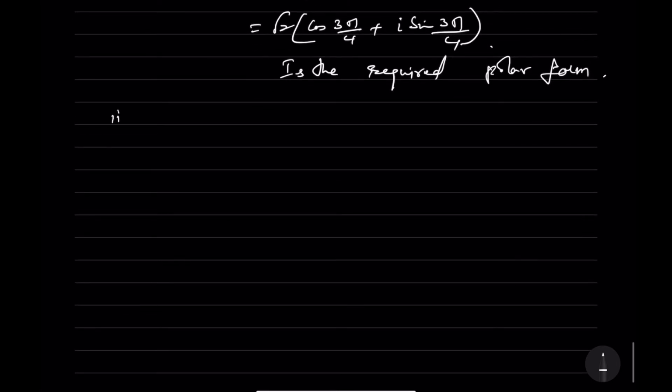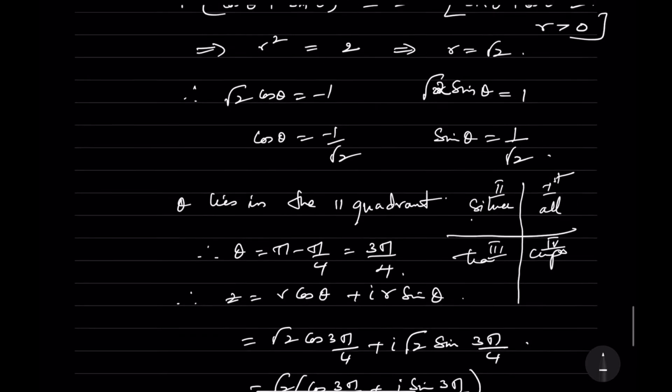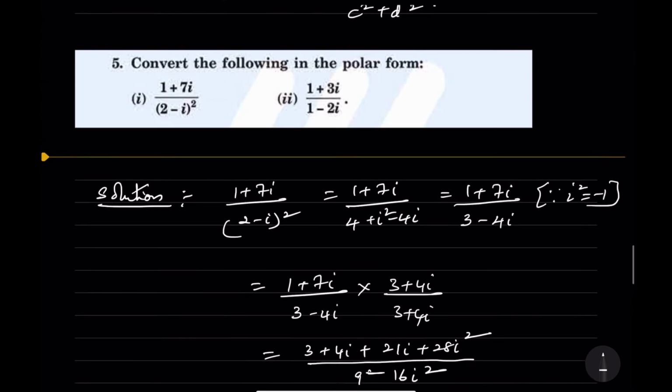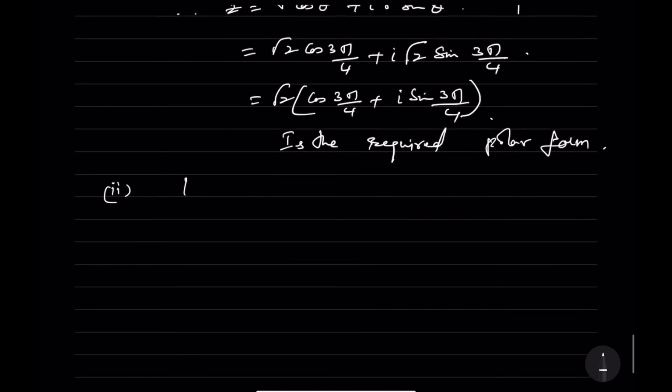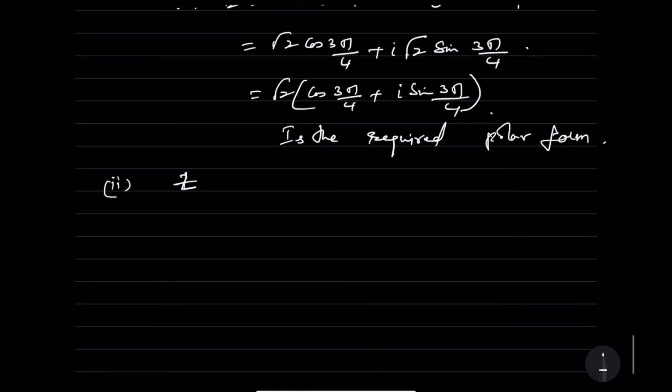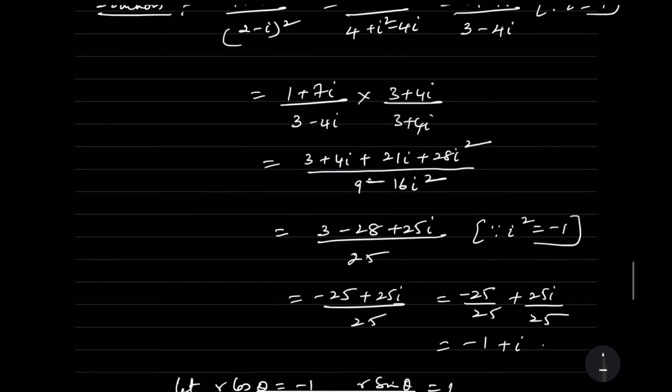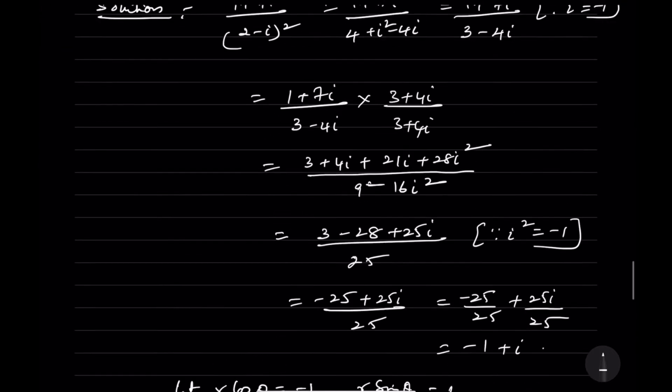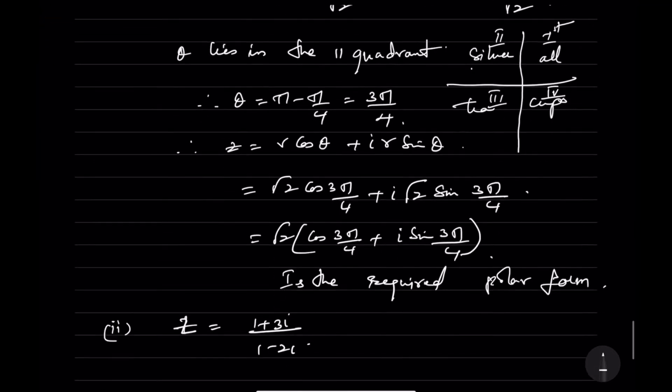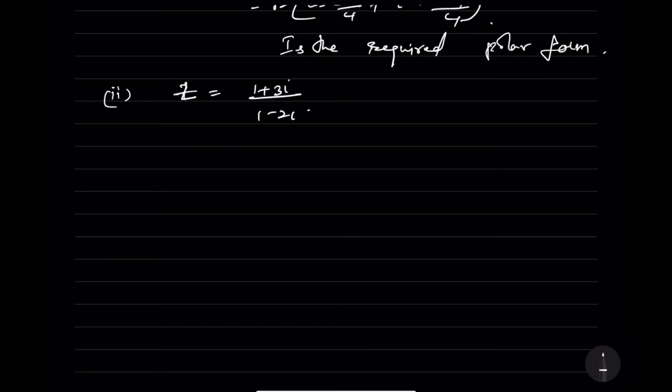So now the second one. We have z is equal to (1 plus 3i) by (1 minus 2i). If we rationalize the denominator, we multiply by (1 plus 2i) divided by (1 plus 2i), which is equal to (1 plus 3i)